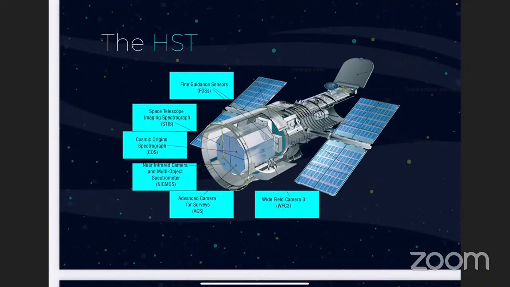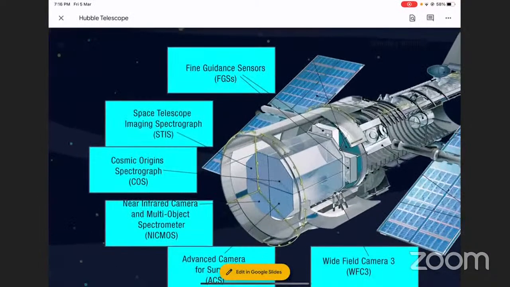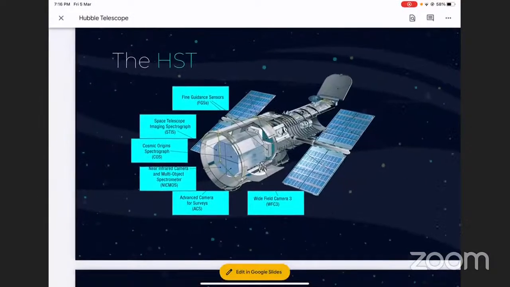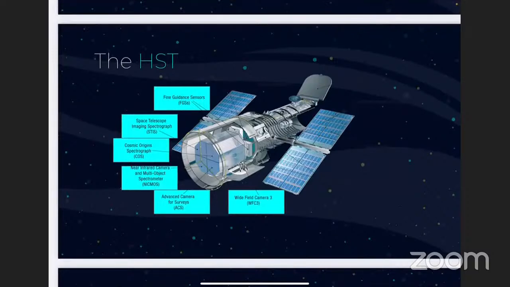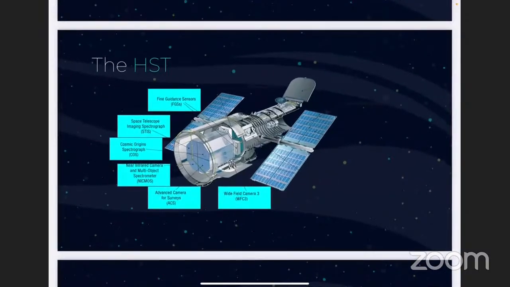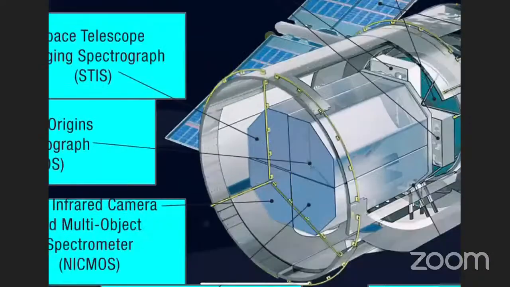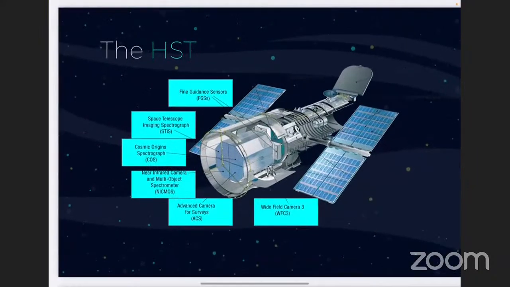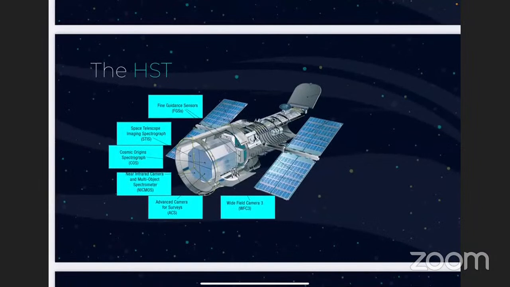And then number 4, we have the Space Telescope Imaging Spectrograph right here. Basically, it combines the camera with a spectrograph, which measures a space object's temperature, chemical composition, density, and motion. So for example, if we were to study a planet in a solar system far away from Earth, this very panel right here would help detect the density of the planet, whether it's a gas planet or rocky planet, also its temperature, if it's suitable for life, and so on.